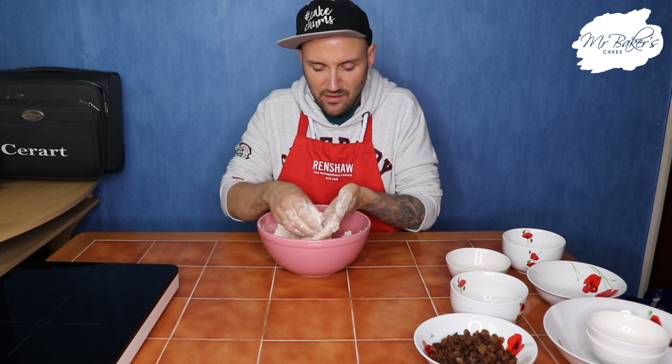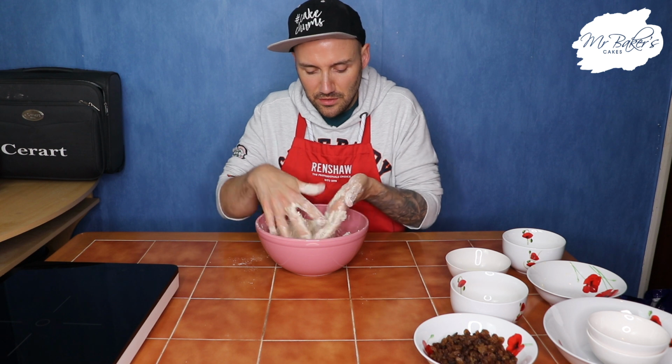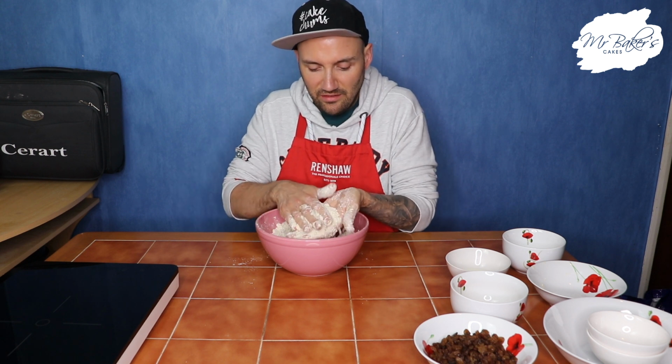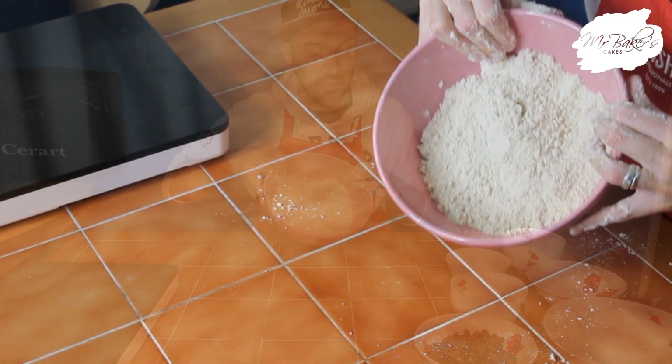I've seen lots of awesome pictures of you guys doing this when you're making your scones, so I think you've all got this technique nailed. You want to keep doing this until you can't see any more lumps of butter at all, and the mixture just looks like breadcrumbs. When you've got to that stage and your mixture looks a little bit like mine does,